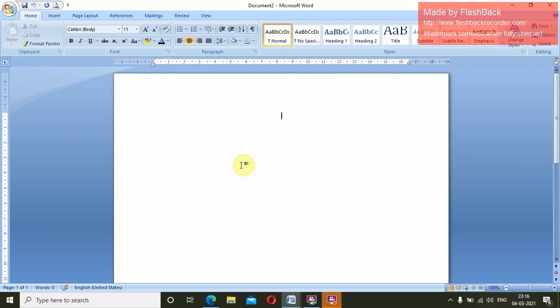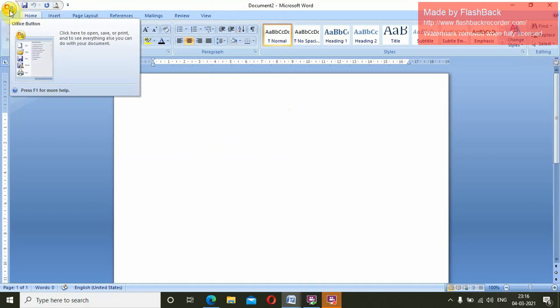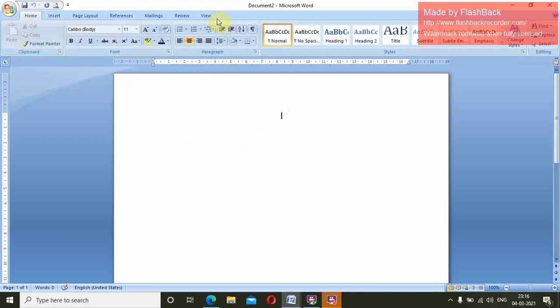If you want to work in your working area or document window, then you have to take help, like I am typing here something and I want to increase the font size, you have to use the application window. So the application window helps the user to communicate. It helps you to use these different options and make your document more beautiful, right? So this is a title bar, quick access toolbar, office button, tabs, groups.